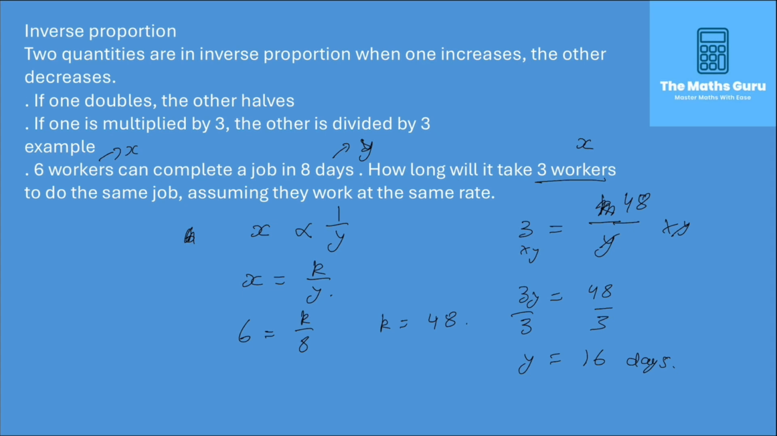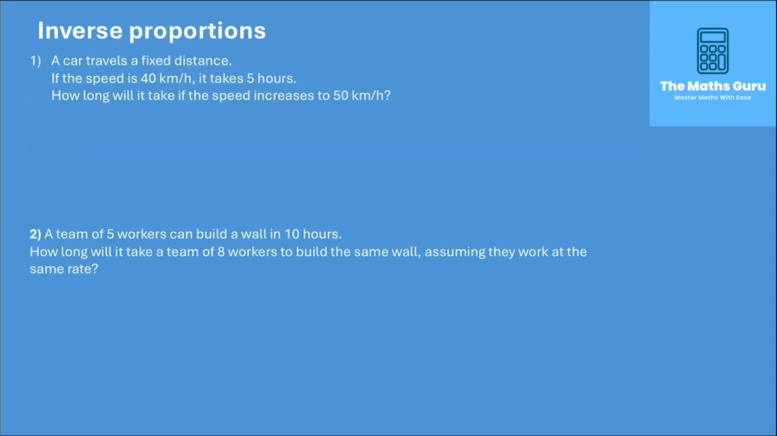As you can see, as one decreased, as in workers, the amount of days taken to complete the job increased to 16. Hence, the two factors were inversely proportional. They work in inverse to each other. Looking at some more questions, a car travels